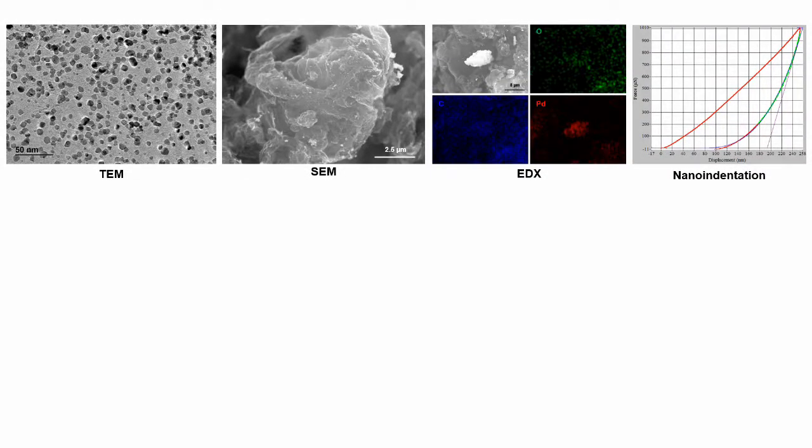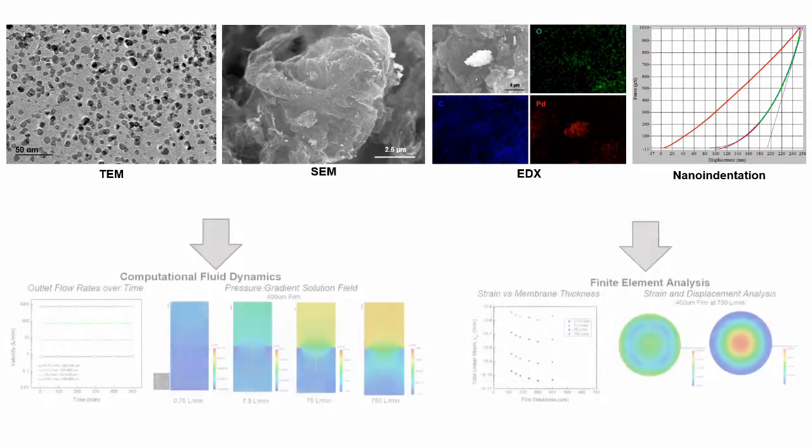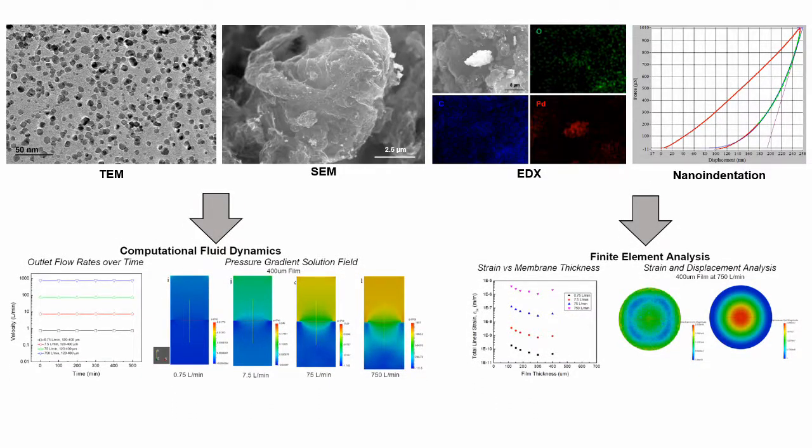In conclusion, electron microscopy was used to determine that the 1:5 ratio doped holey graphene has a more uniform distribution of smaller nanoparticles. EDX showed that the particles on the film are composed of palladium. Nanoindentation was used to determine that Young's modulus increases with increasing pressing pressure. This information was used to simulate our films using CFD and FEA. Our simulation showed that output flow rate is independent of film thickness and that mechanical stability generally increases with increasing thickness. Thus, the film we would use in future studies would be a 400 micron thick film when we hope to experimentally test a